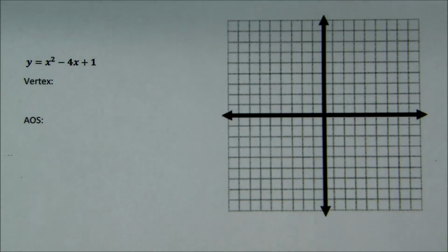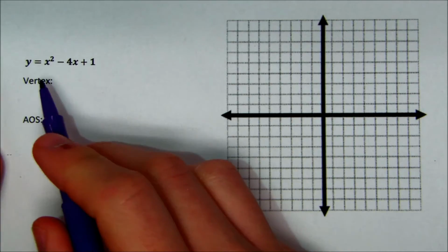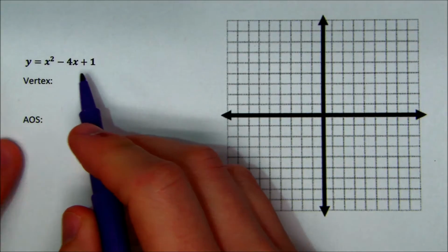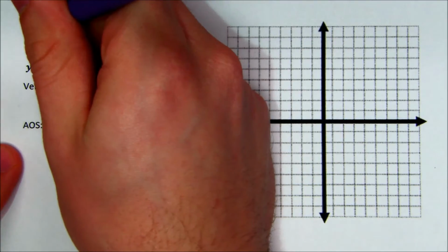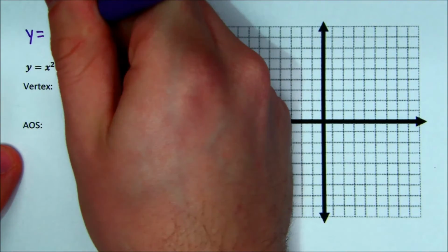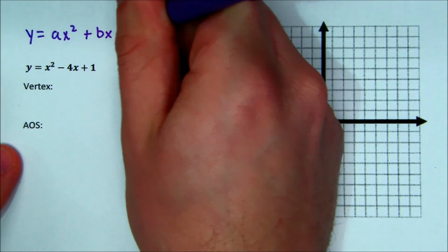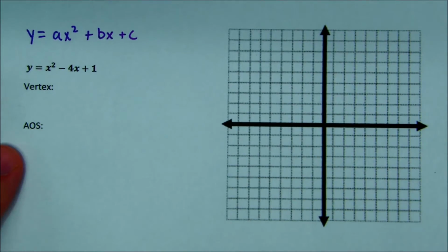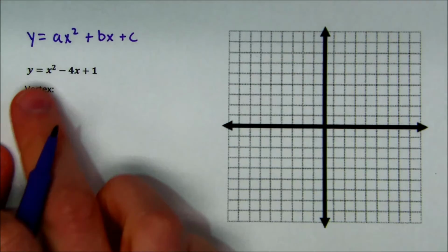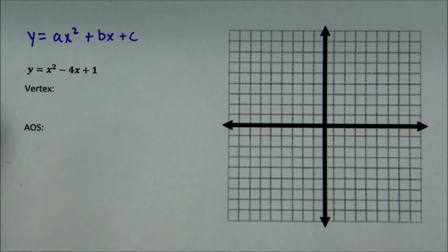In this video, I'm going to be doing a demonstration on how to graph a quadratic equation by hand. Now, when I'm looking at this quadratic equation, there's a few things I need to know. First of all, I need to remember what the standard form of a quadratic equation is. And the standard form is ax squared plus bx plus c. Now, the reason I need to know that is knowing these components makes my job a lot easier when I go to graph. Because the first thing I always want to do when I graph a quadratic equation is to